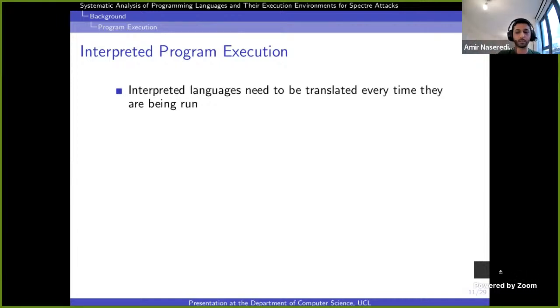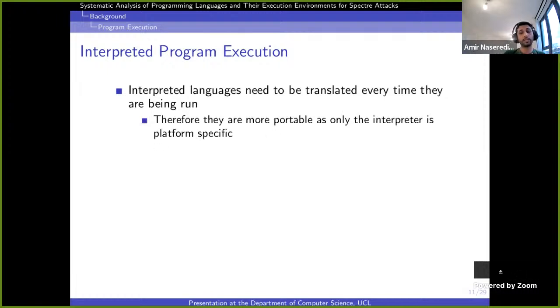With regard to interpreted languages, we need to translate them every time they're run, but this gives us the portability of the program as well.